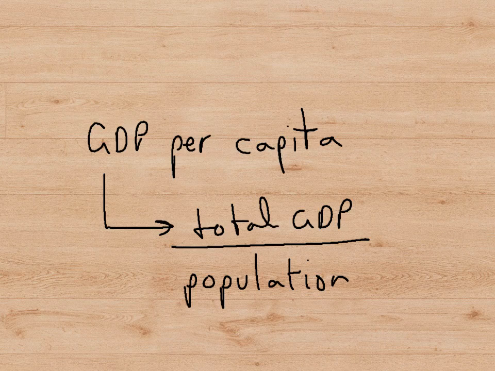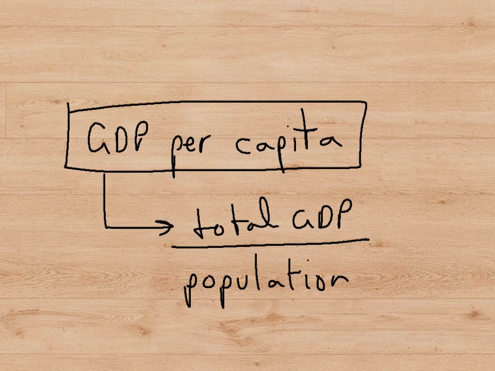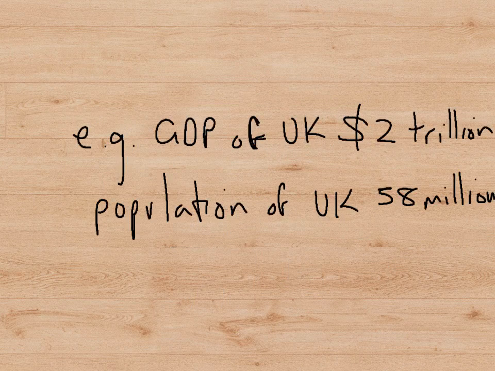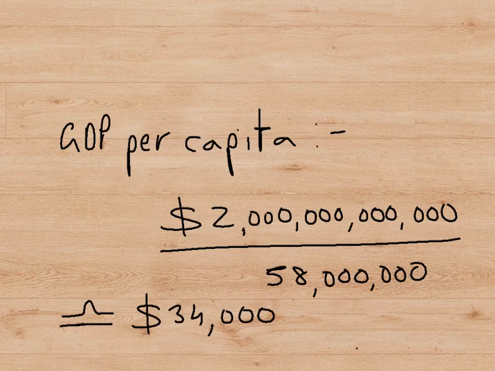One of the things that's been suggested is that we convert the total GDP into what's called a GDP per capita, which is the total GDP divided by the population. So let's see how this works. Imagine that the GDP of the UK in 1 year was roughly $2 trillion, and that the population of the UK was at that time 58 million people. If we take 2 trillion and divide it by 58 million, we get a figure of roughly $34,000 per person